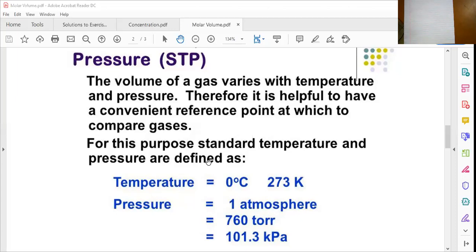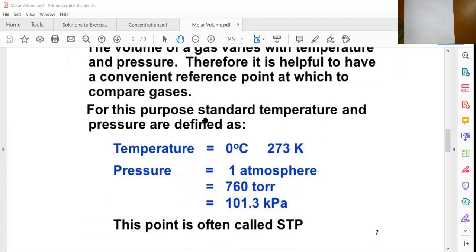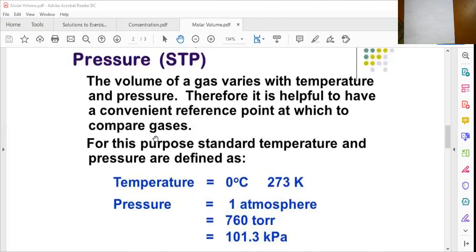Right, let's proceed. Okay, Solomzi, sit down. Right, so here, as I was saying, therefore it is helpful to have a convenient reference. Is everyone back here? Okay. Now you don't switch it on here. Okay, just